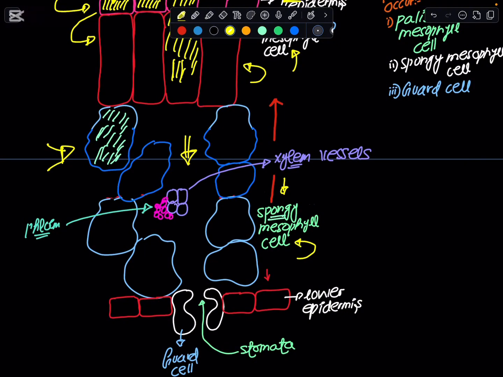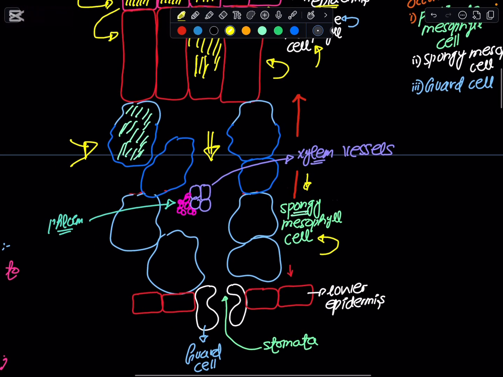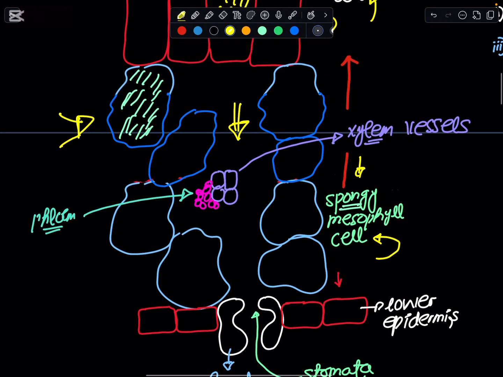But since their chloroplast content compared to the palisade mesophyll cells is less, the rate at which they photosynthesize can never be equal to what the palisade mesophyll cells are performing. Now here you have to see another thing, that within the spongy mesophyll cells, the examiner would show in the